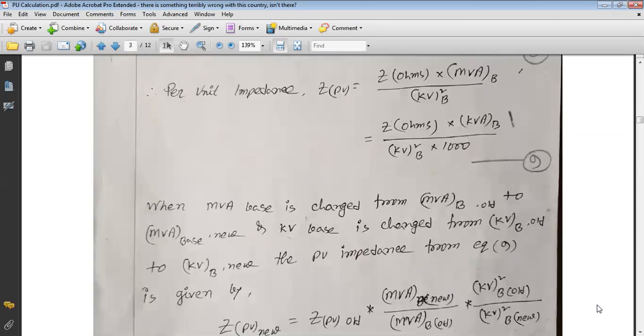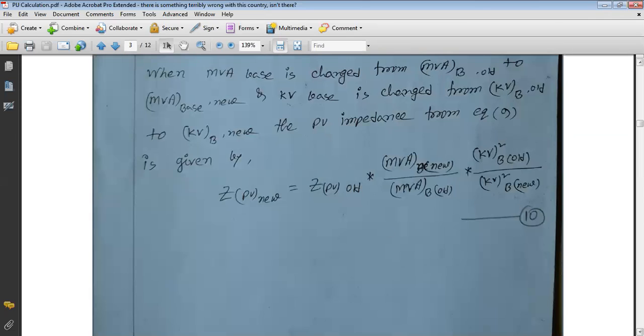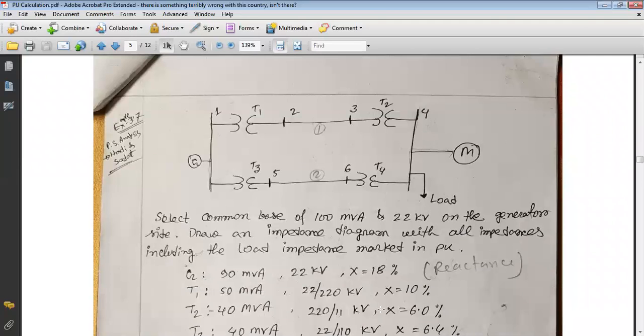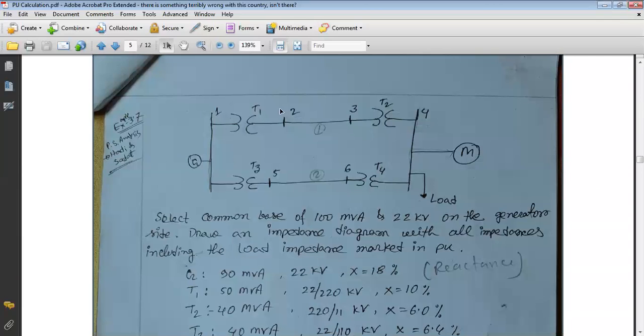Next, we discussed the second equation: how we can calculate the per unit reactance of a device if an old per unit value is given with a power rating and voltage rating, and we want to calculate it for a new power base and new voltage base. And the third one is for transformers, to calculate the base voltage from primary to secondary or secondary to primary. Based on these three equations, we have already solved mathematical problems